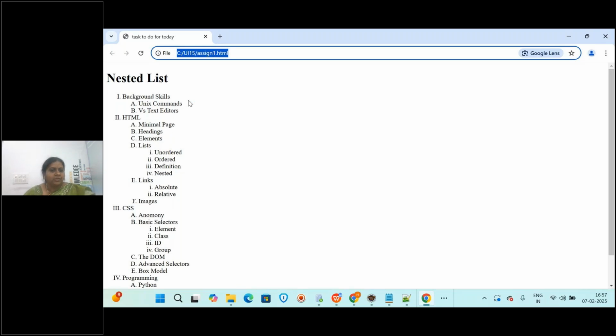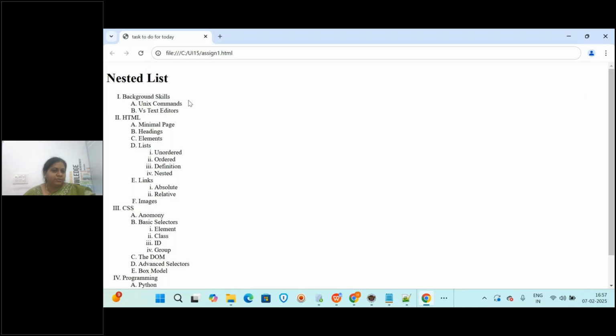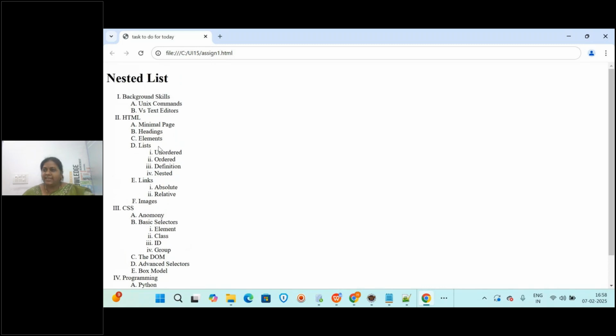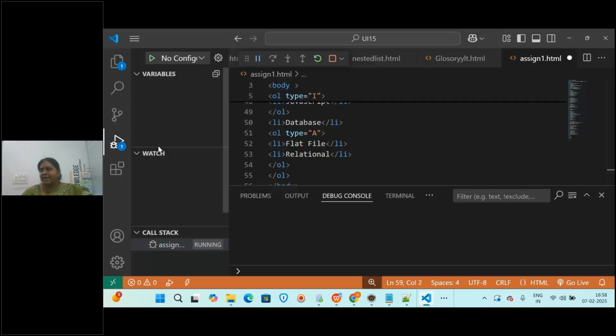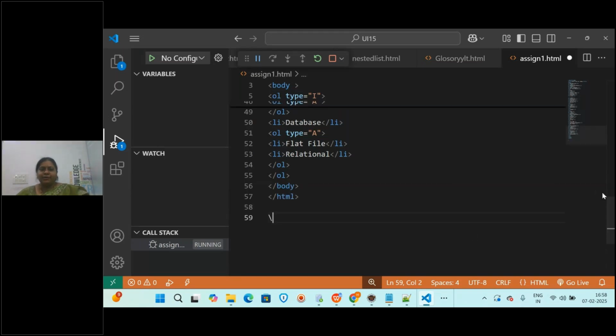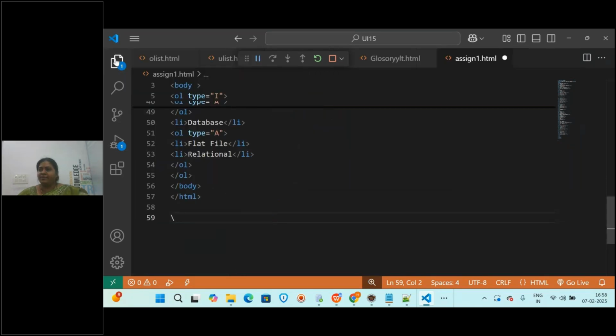One of our students has sent the code. So this is the assignment I have given. Good, nested list. Every day I'll be giving these, you can practice them. Everyone try to do it on the same day, don't keep it pending. And today also I will be giving assignments from day one, whatever I have taught till today. I will give you a set of assignments like this. You can practice. Okay.